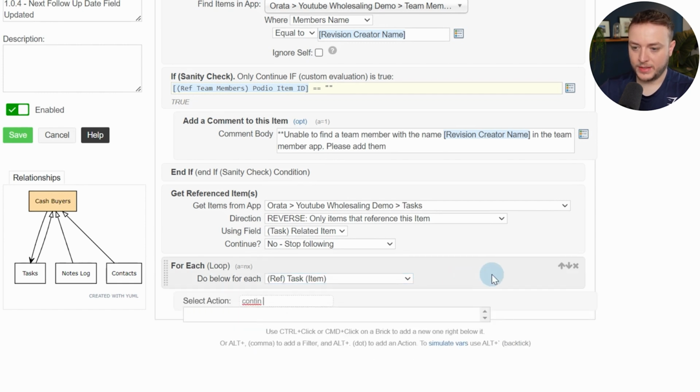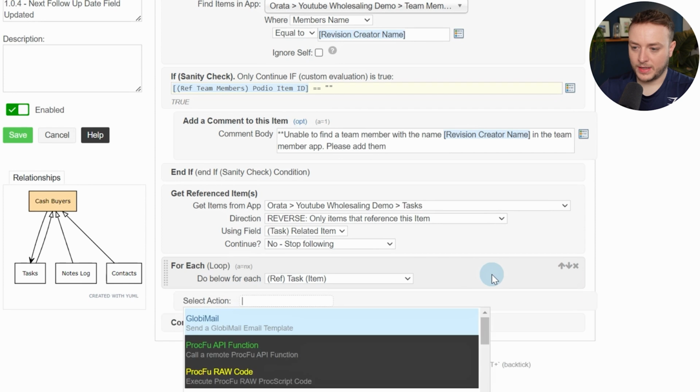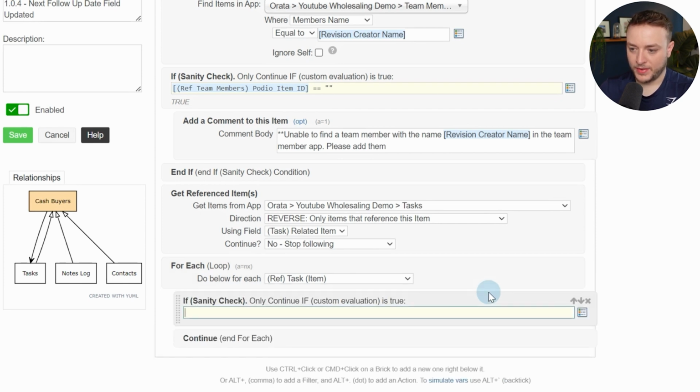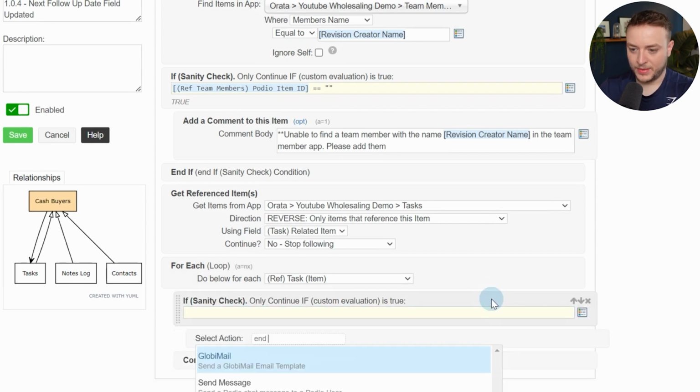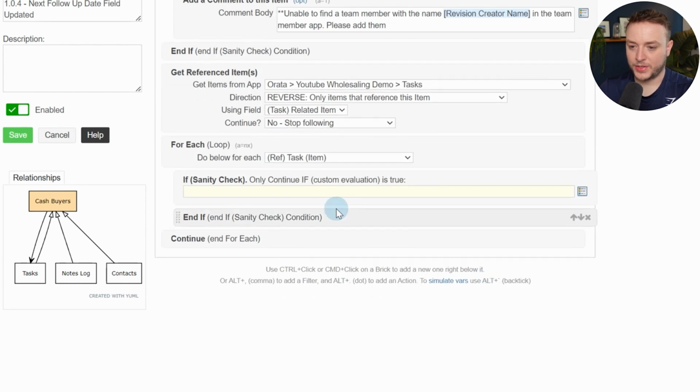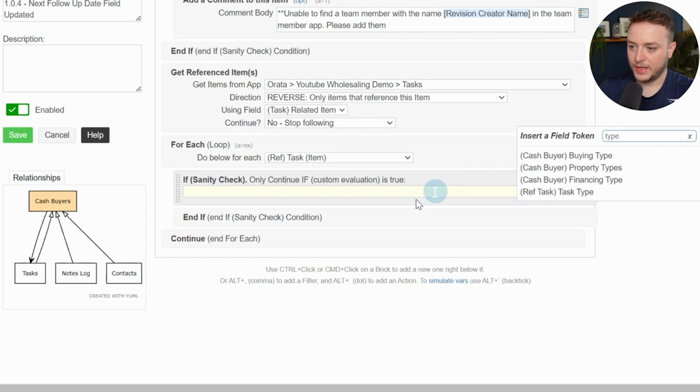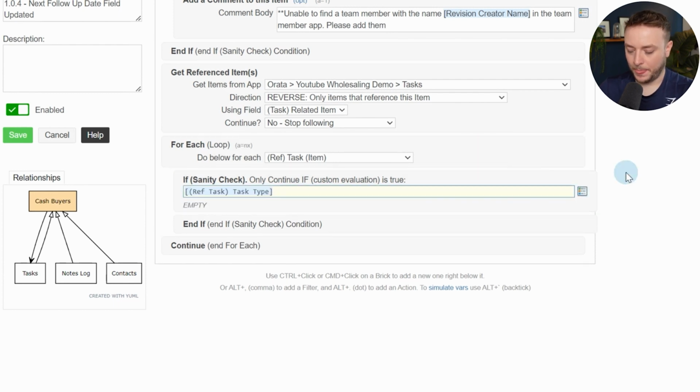I'm going to continue. I've got into the habit of when I do a continue or a sanity, I kind of close them straight away. So it gives me, I don't know, I feel like I can see it better, especially if there's a lot of them. So, sidetrack there. So if task type is equal to follow up,